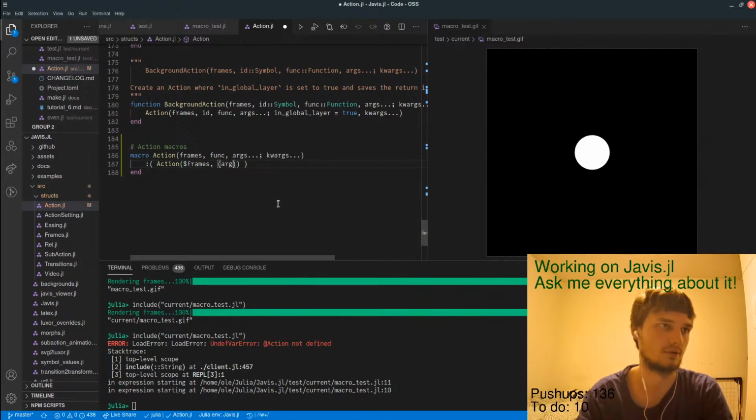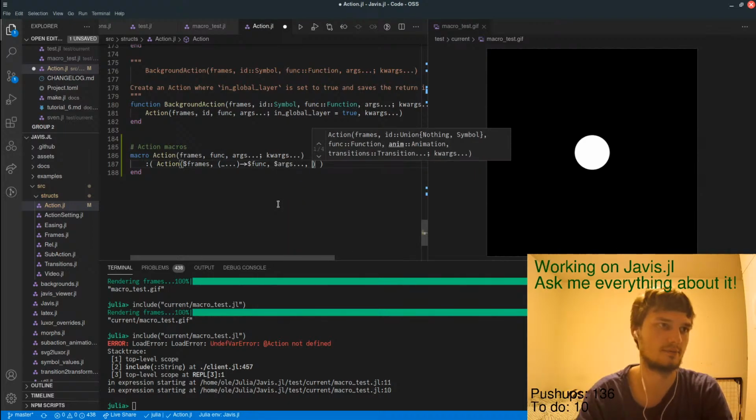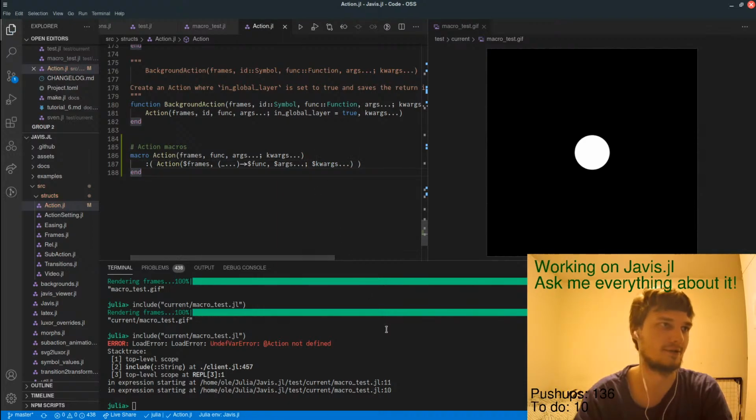Oh, not call it args, we have that already. Function. And then, oh, dollar func, dollar args, and dollar quark. Well, that works.